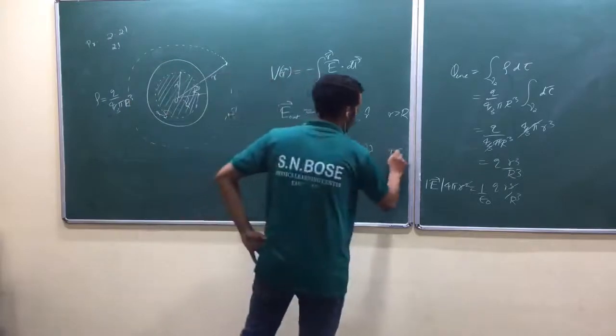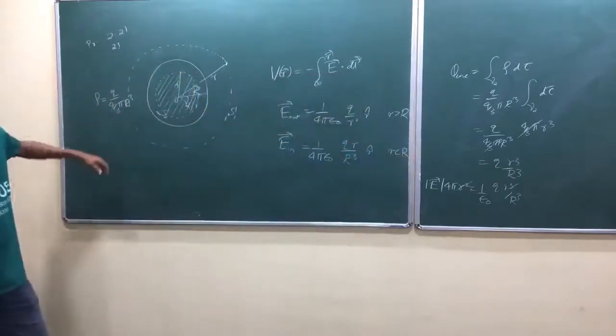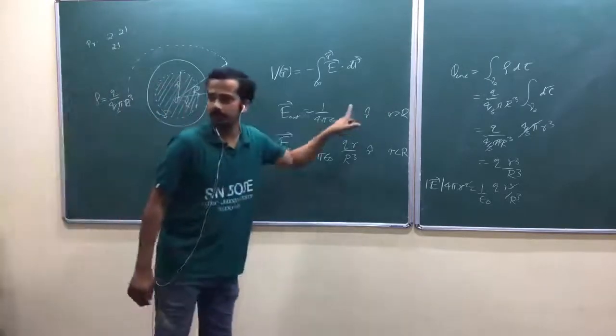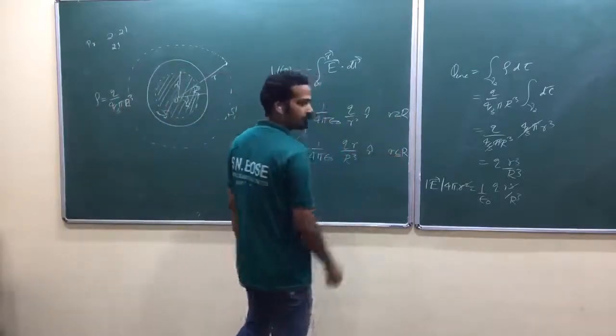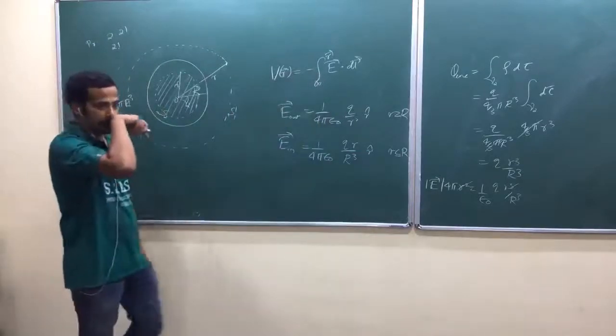Okay, for r less than R. What is on the surface? Is that continuous? So put r equal to capital R, you will get these two matched. Okay, it is continuous. You can put less than or equal to. Is that okay? Again, when it will be discontinuous, let me discuss.